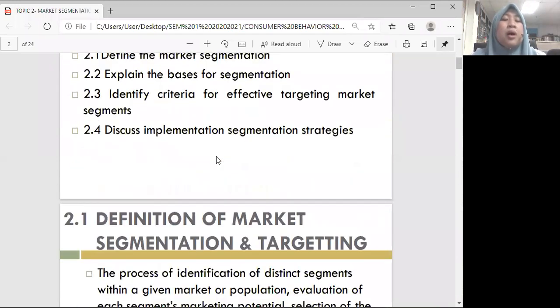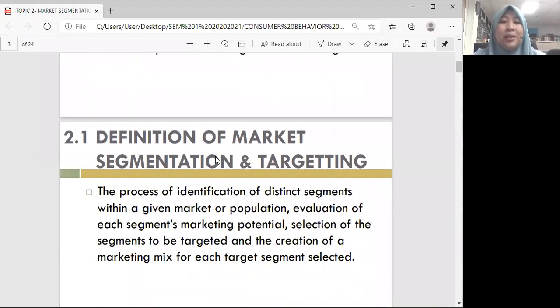So what is market segmentation and targeting? Do you remember, in the previous class I told you about STP: segmentation, targeting, and positioning. So this is all about that. We will learn about segmentation first. Definition of market segmentation and targeting: the process of identification of distinct segments within a given market or population, evaluation of each segment's marketing potential, selection of the segment to be targeted, and the creation of the marketing mix for